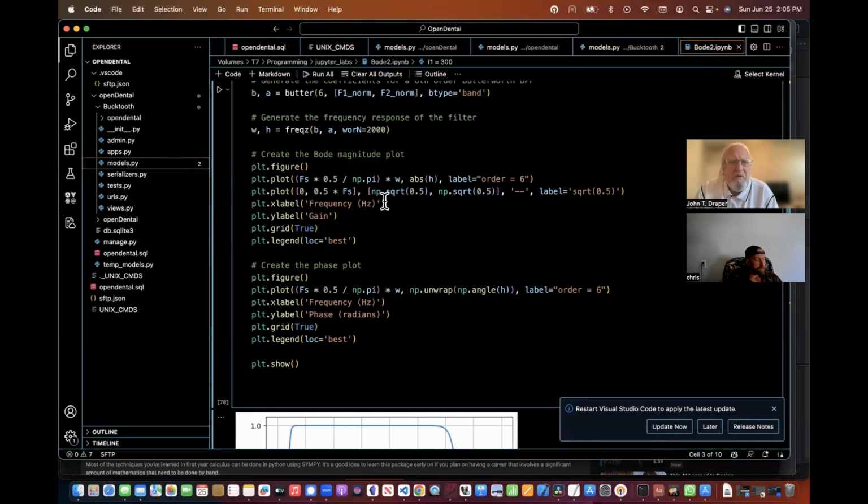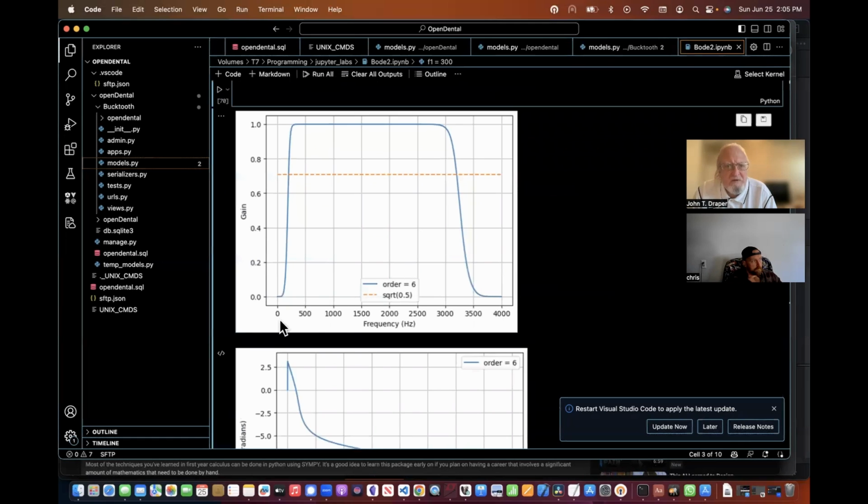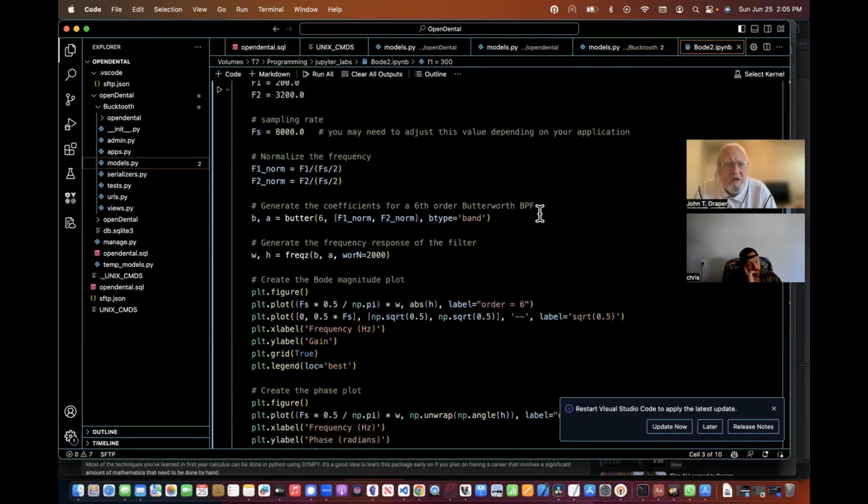So you create a value. This is a frequency in hertz, and we create the X value and the Y value. X value is all going along the frequency. That's the bottom here, frequency here. And the Y value is your gain. Your gain is just at a gain of 1. So we're just normalizing the gain at 1.